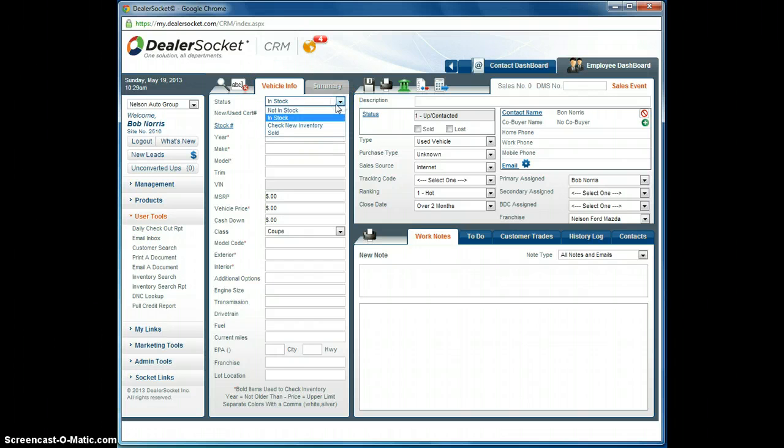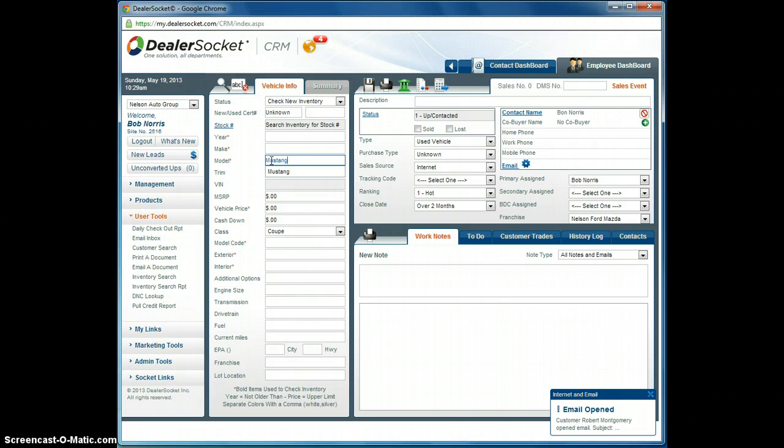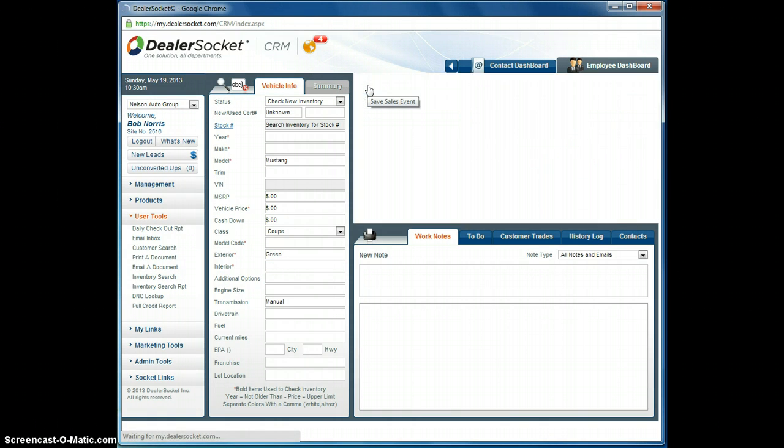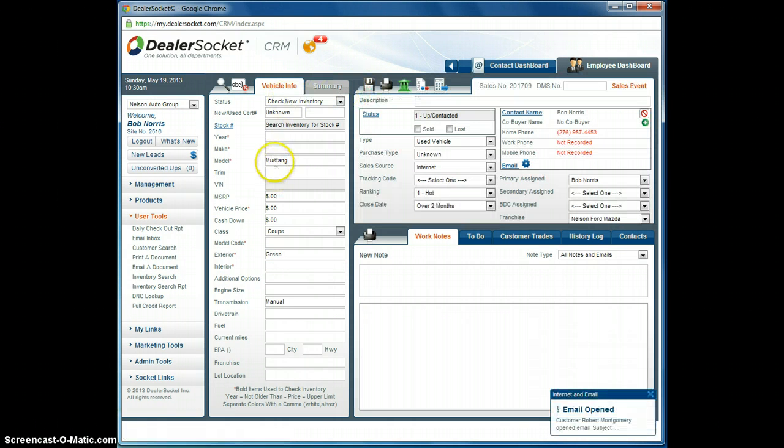In this drop down, we want to go ahead and check for new inventory. Now, in these fields here, you might put in certain criteria. Let's just say Mustang. And down here, you might want to put in transmission. And over here in the exterior color, you might put in green, right? And what happens then, after you save all this in with this customer, and we'll go ahead and just save it right now just for argument's sake, this system now checks every day for a green Mustang with a manual